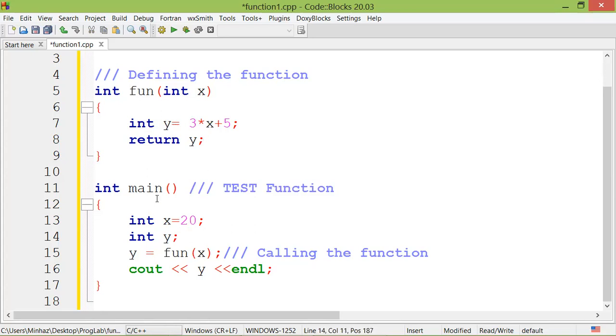So in this case, the main function can be called the test function. Again, we are using a function because the built-in functions in C++ are not sufficient for us. We have to define lots of functions based on our requirements. Say we want to make a software or a game for a cricket match,